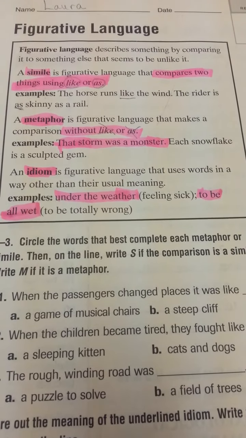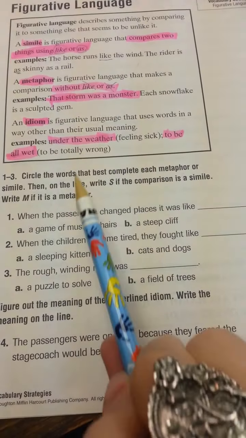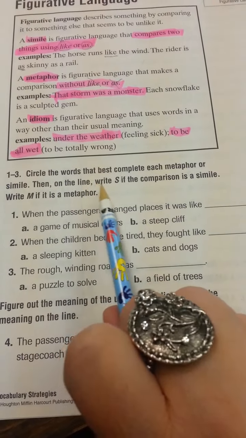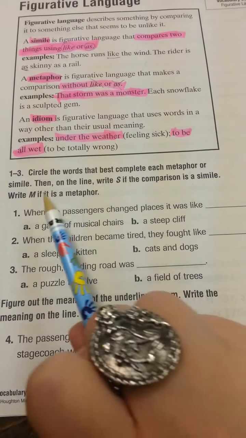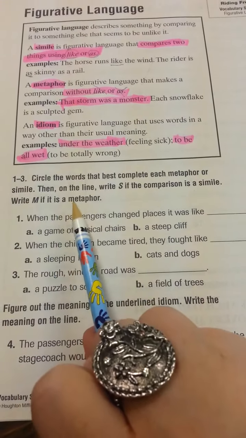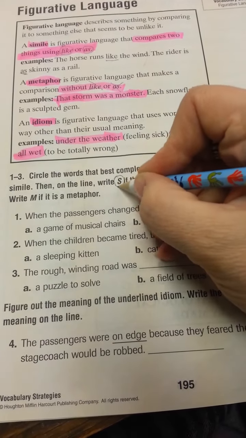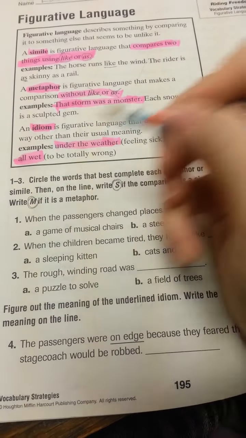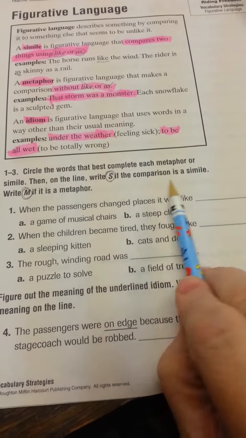So make sure you have your notes and refer back to them. Down here at the bottom, 1 through 3. Circle the words that best complete each metaphor or simile. Then on the line, write S if the comparison is a simile, or M if it is a metaphor. Okay, I would circle these so you remember that you do this. So first we're going to circle our choice and then tell if it's a simile